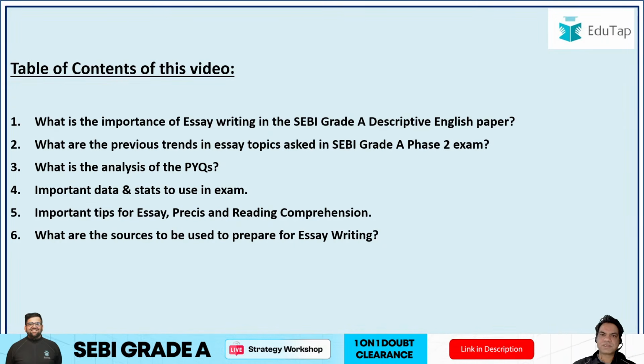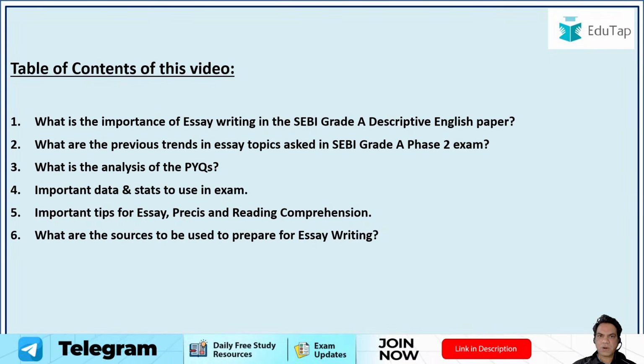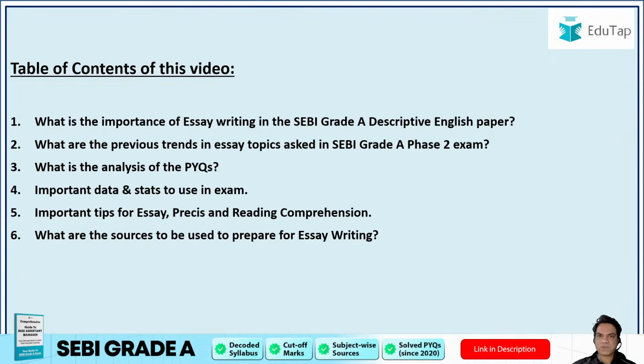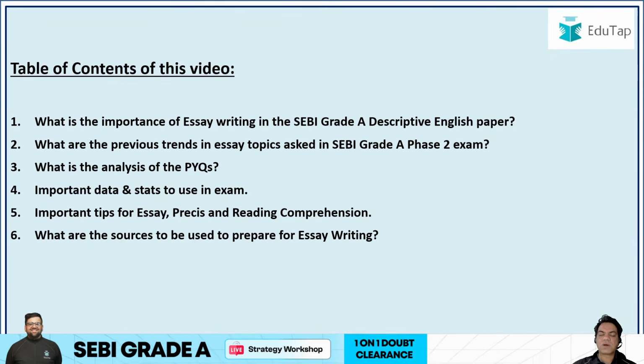So what you should do is either start with essay followed by reading comprehension, and then in the end target your Precis, or start with your reading comprehension, be done with the toughest part, which is the biggest part of the paper. You have to write 5 answers there, which is around 350 to 400 words, right? So for reading comprehension you have to write 70 to 80 words for every answer, and there are 5 questions, so that makes it about 350 to 400 words, along with reading the passage